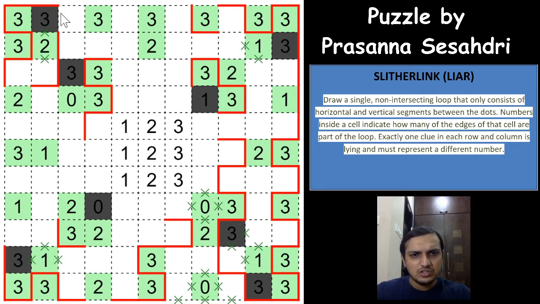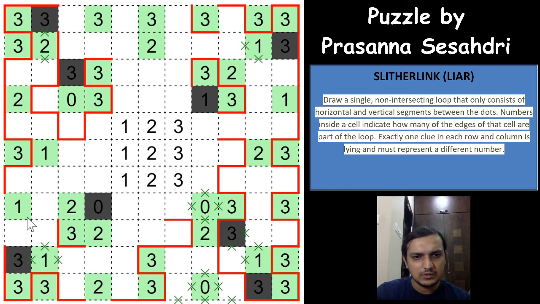So if you see these 2 loop segments, it will either close here or go towards the right, and both of these loop segments again will close, because whenever you have 2 loop segments or 2 loop ends coming towards the 3, then those 2 loop ends will have to meet, right? Which means that whatever happens, these 2 loop segments will close, which means both of these will come down, because you form a single closed loop here, and this will come down, this will form this way, and this cannot close here because again you will form a small closed loop, so it will go towards the right, it will come down, 1 is already fulfilled, so it will go towards this way,